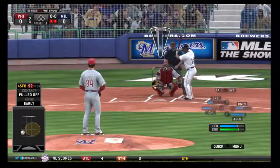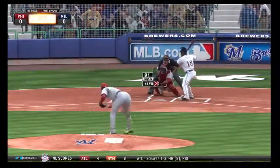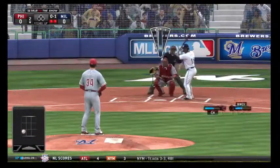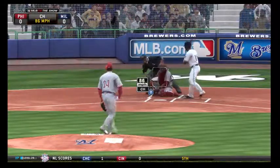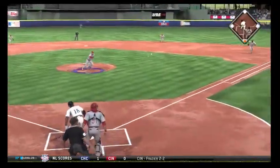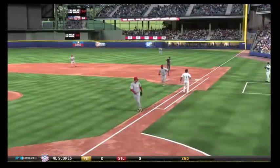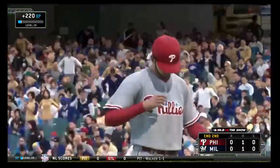Chris Davis will dig in, and this season certainly hasn't been all that kind to him as he enters play with the average down in the 230s. Now a fastball right by him from Burnett. It's 0-1. Down and away, ball 1. Swung on, and a fair ball rolled weakly up the line at first. And the pitcher will just run over and take this one himself, and the inning is over. A.J. Burnett looking like the...